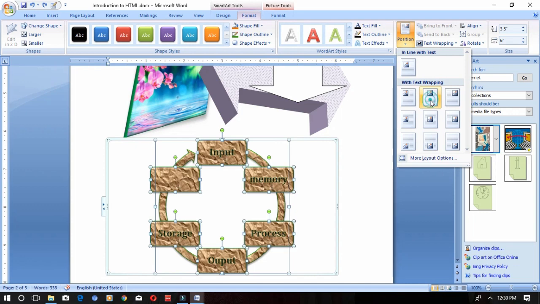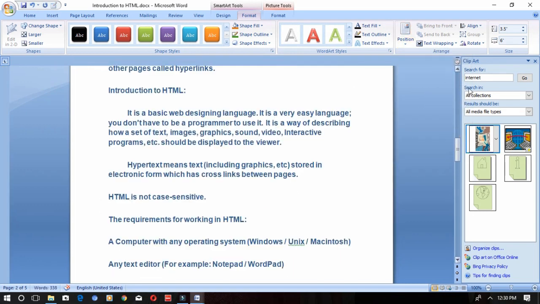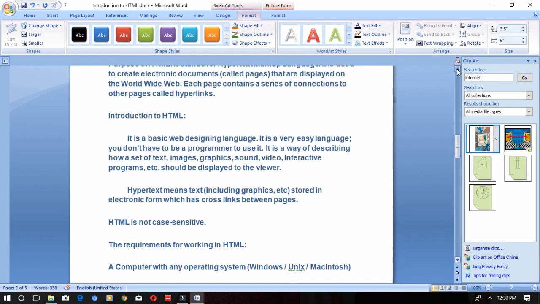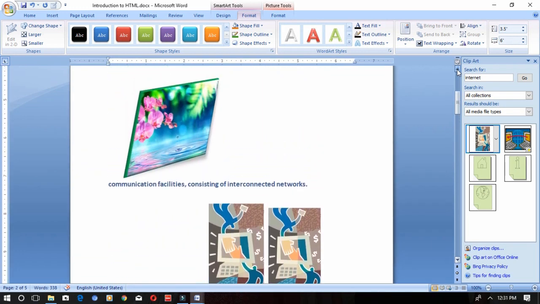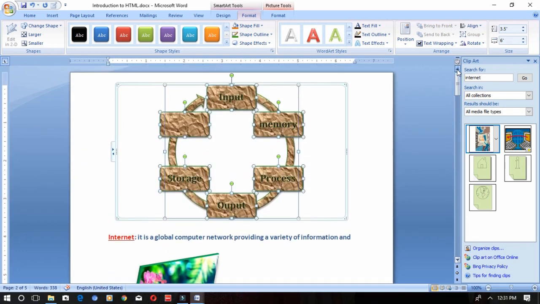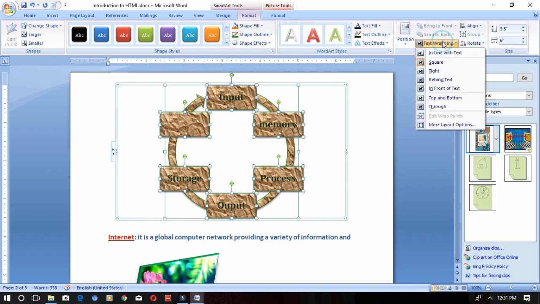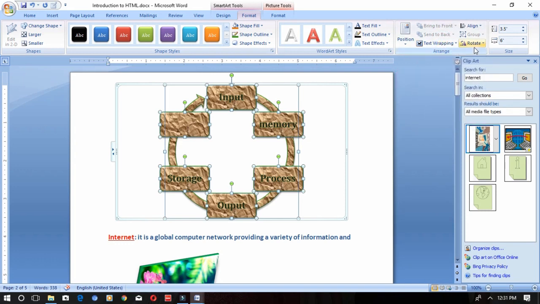SmartArt over here. Okay, where you wanted the SmartArt to be applied, in top, left, bottom, same position as for a picture. How did we do? The same way the SmartArt also will be changing. Okay, again text wrapping, the same, align and rotate. Okay, and the size of the SmartArt. Okay, so now